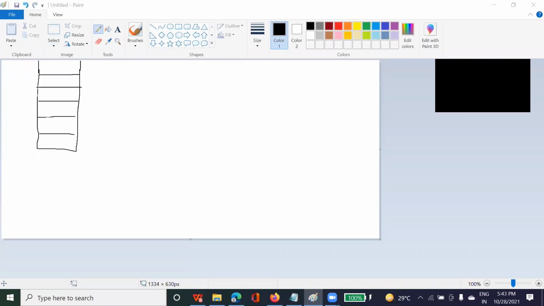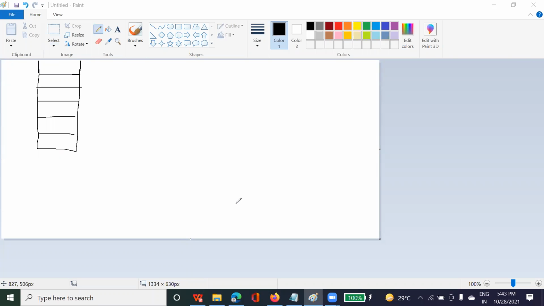Stack is a data structure where we save the data. Stack is used to save data and we manipulate the data in the stack. So stack is used in memory, as a way of accessing the data inside the memory. Usually, stack follows the order of last in, first out.